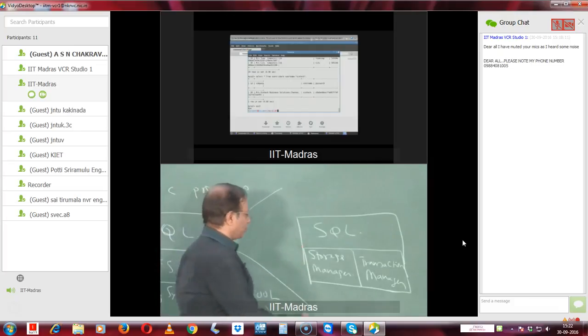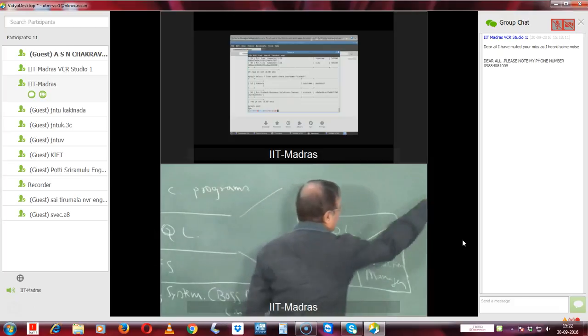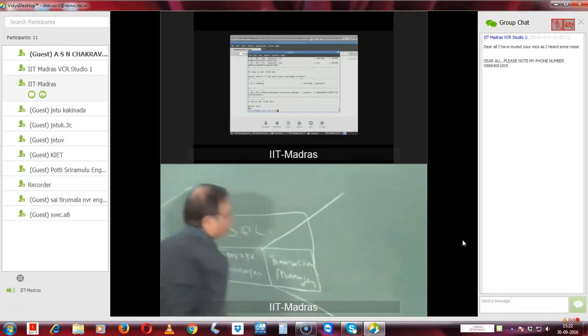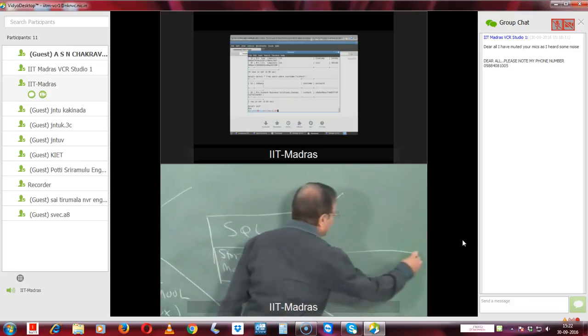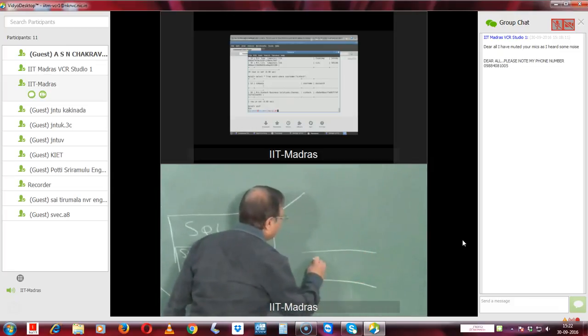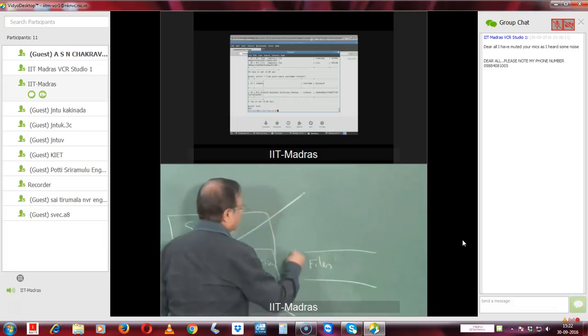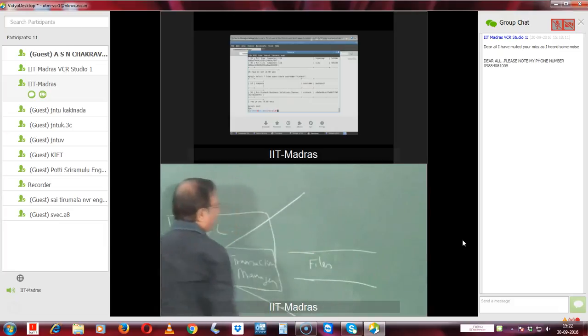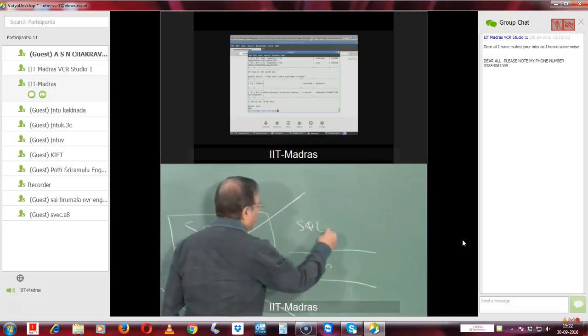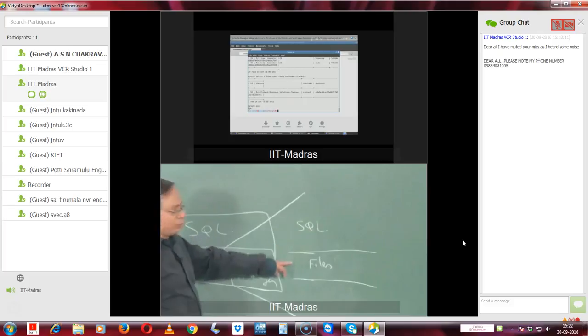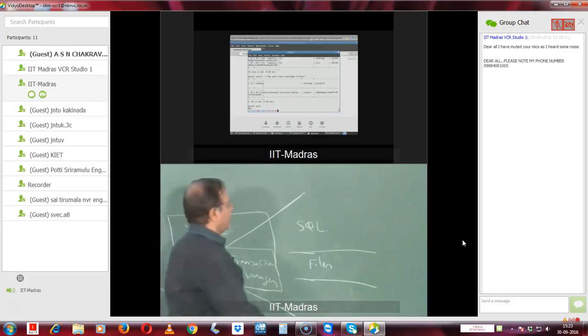What the storage manager does is, if you further blow up the storage manager, only the storage manager, what you will get is the operating system files, and on top of it you will see the SQL running. When SQL works with these files, these files are exactly the same as the operating system files, except that when you have a database,